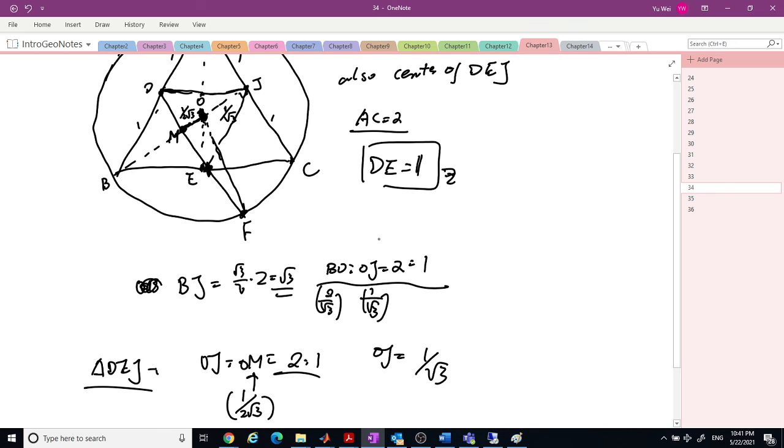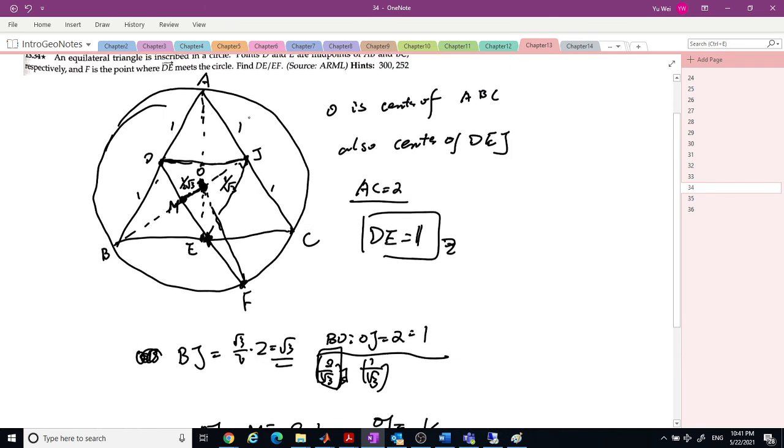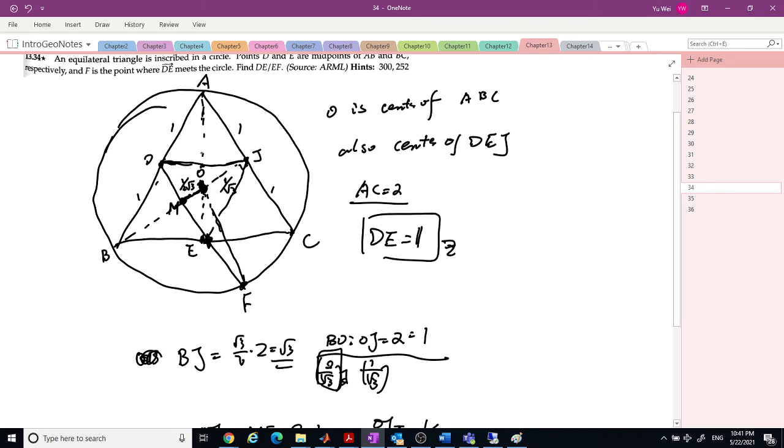We know OB. OB is this, right? It's also the radius. Did you see it? OB is equal to OA and is also equal to OF. So this one is 2 over root 3. Okay, now we can try to use the Pythagorean theorem of the triangle